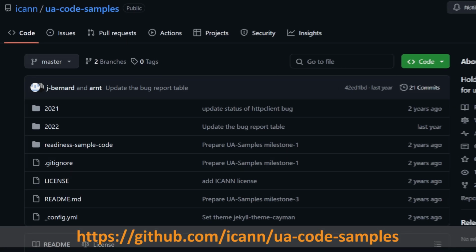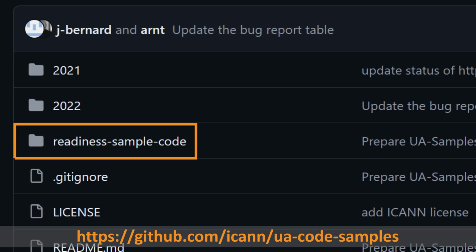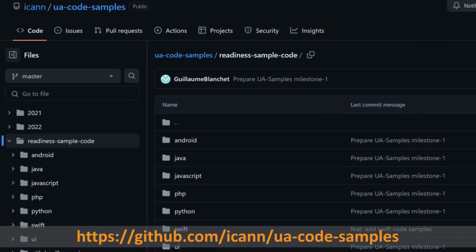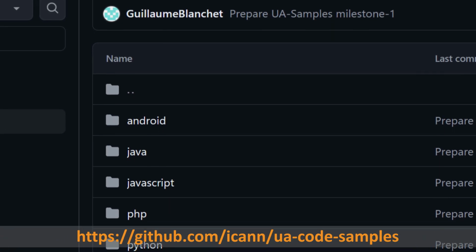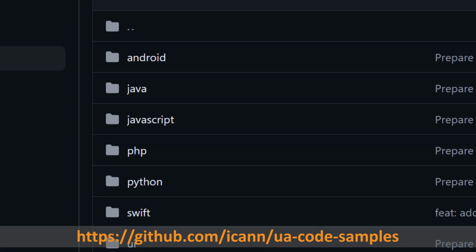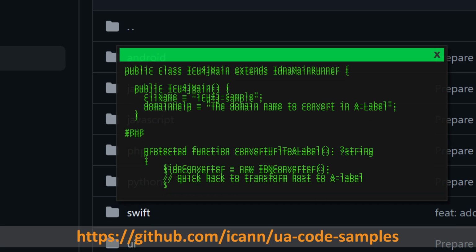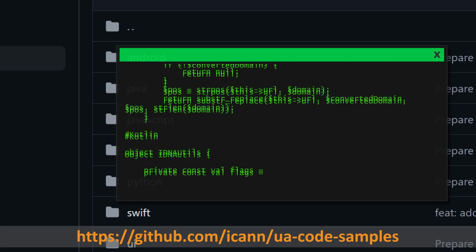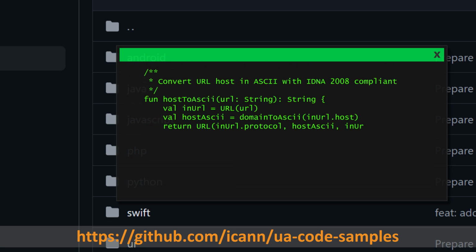Developers do not need to start from scratch to achieve universal acceptance, as the ICANN GitHub repository hosts a set of minimal viable products and best practices to help on this matter, which can be found within the UA code samples folder of the repository. These resources are free and available in multiple programming languages, namely Java, JavaScript, Kotlin, PHP, Python, and Swift. The code samples can serve both as bases and as examples, and their usage is open to any interested project.